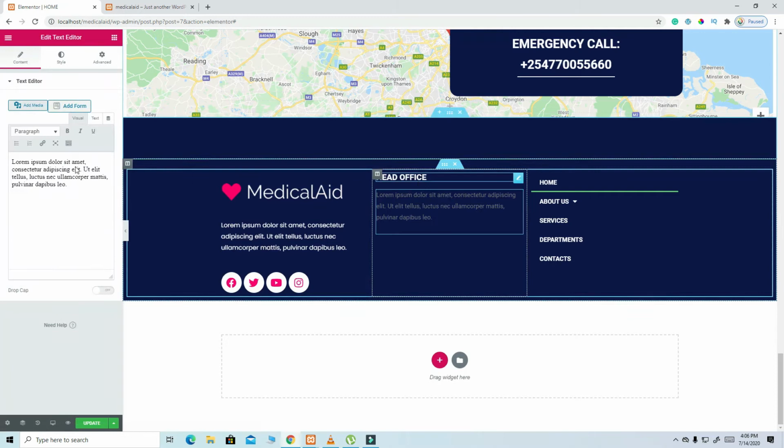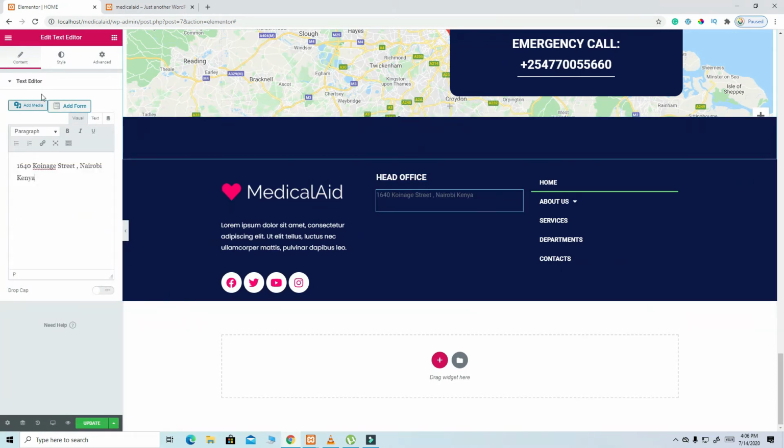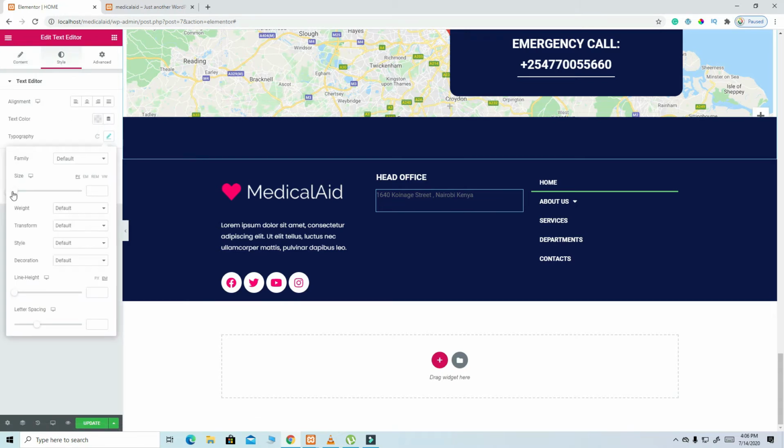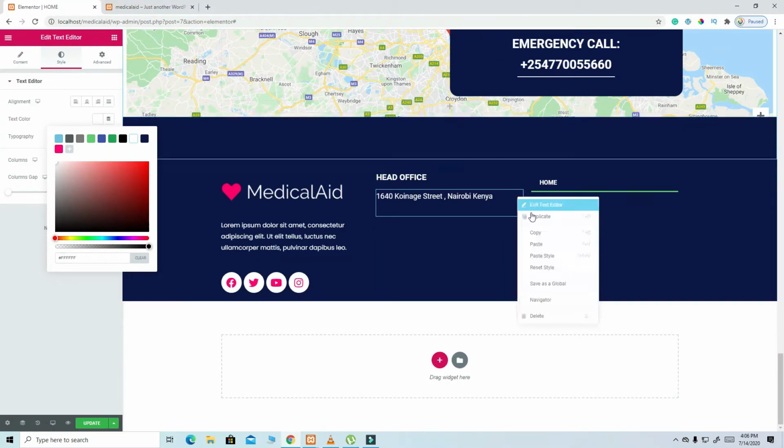There, and then we are going to paste it here like so. Text, and then typography, let's increase it a bit. Let's say that way. Then the color is white. Good, the color is white like that. Let's continue. And then we need an email, so I'll duplicate this one,